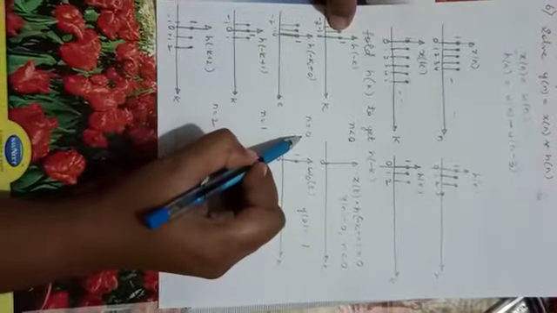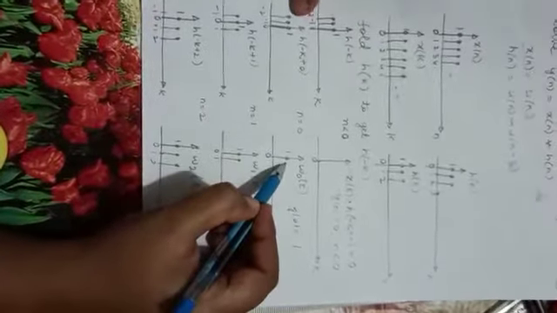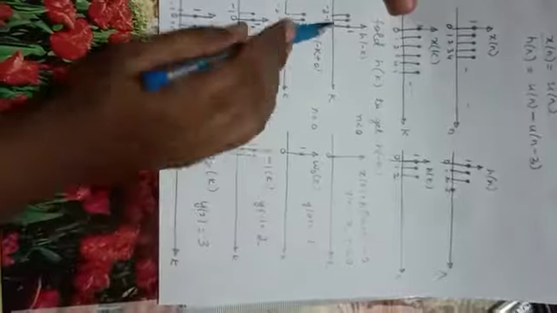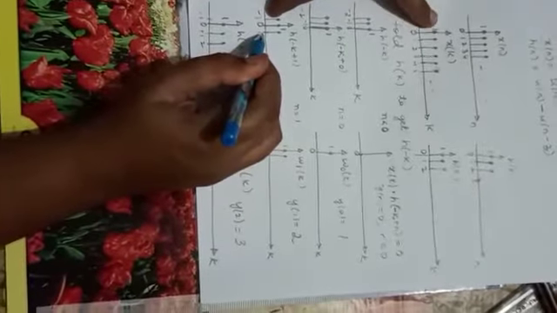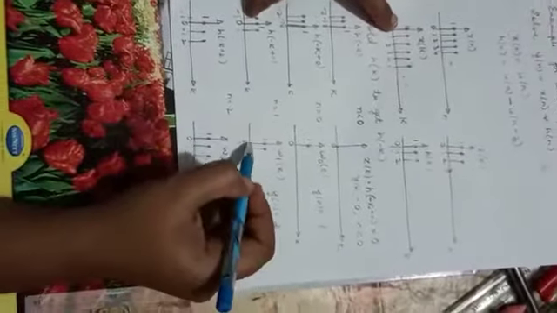If you take n equals 0, one product exists, that is 1. When n equals 1, it is shifted right by 1 unit, so you will get 2 values. When you multiply this with x of k, 2 products exist, so the values will be 1 and 1. So y of 1 is 2. Next, for n equals 2, h of k, which has only 3 samples, will be right shifted by 2 units. When you multiply, you will get 3.